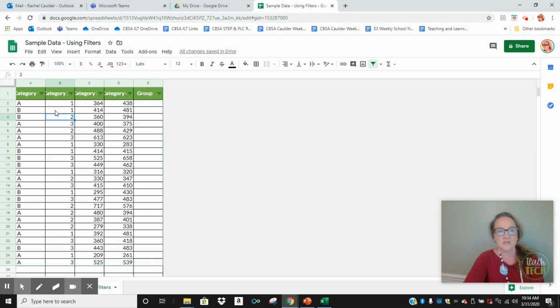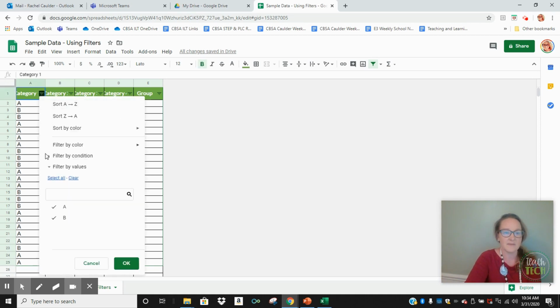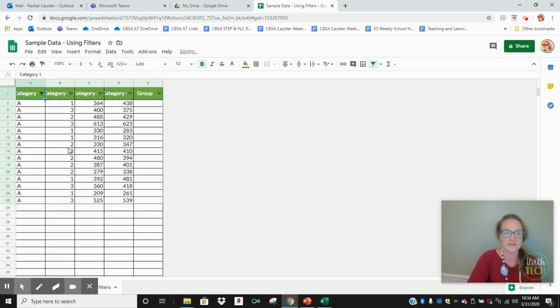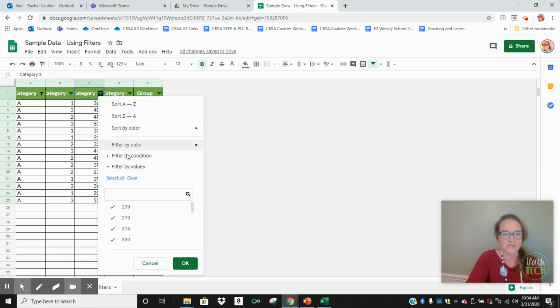So if I'm working with this, I may want to start with my A's. I'm going to open my filter, uncheck my B, and then click OK. That's going to limit me to just my A category here. And then I might say, well, I want my A's that have a value of less than 400 in this category here. So I'm going to clear all of mine, and then go through and select my values that are less than